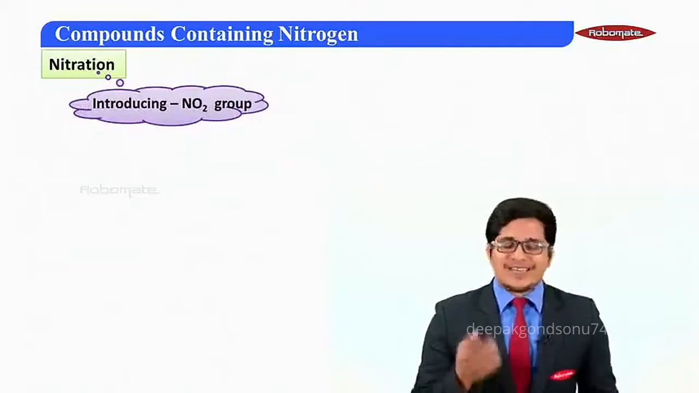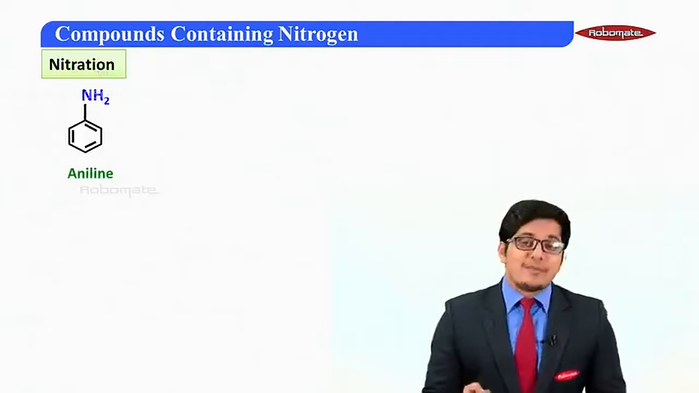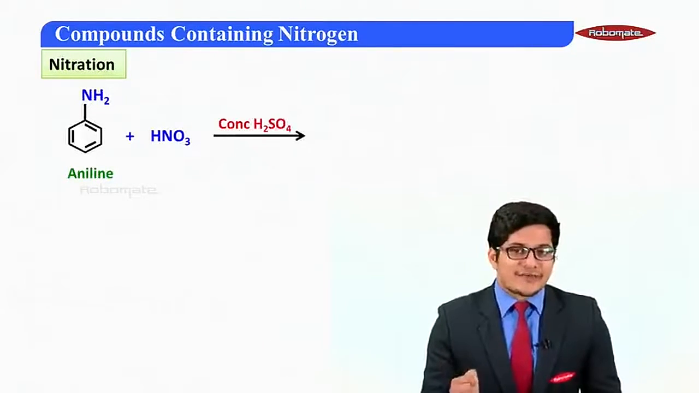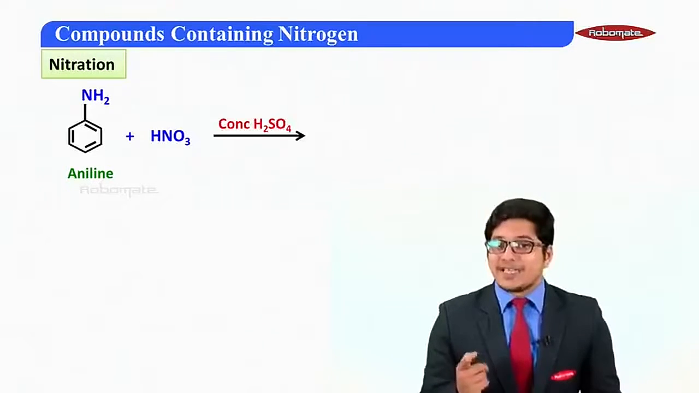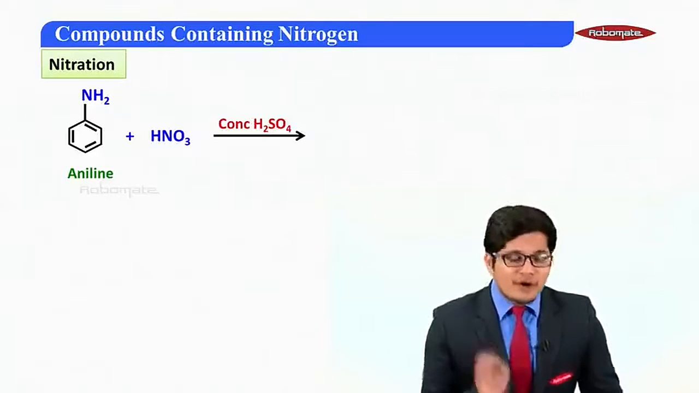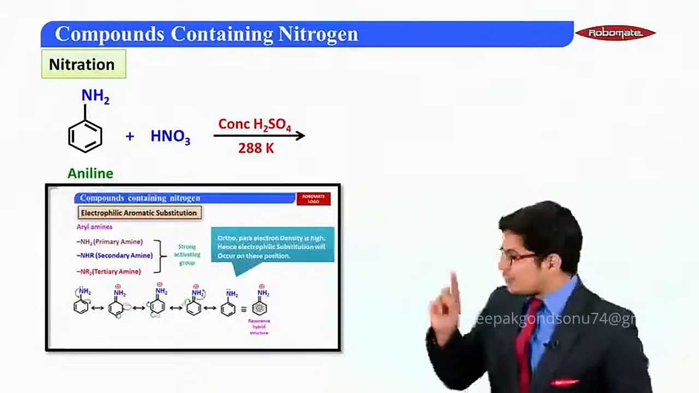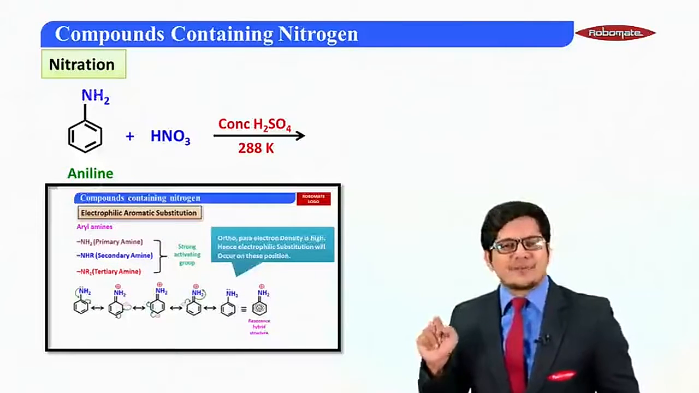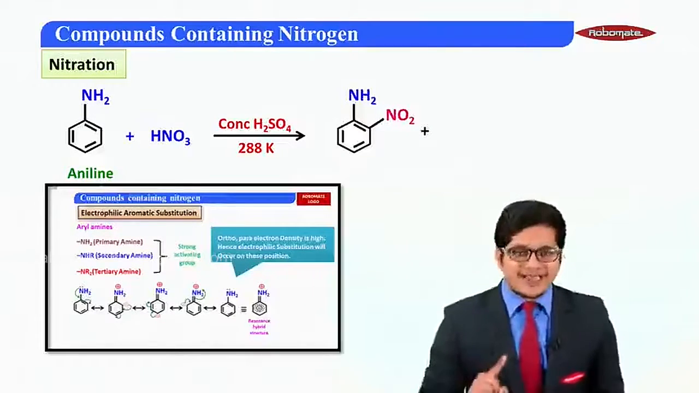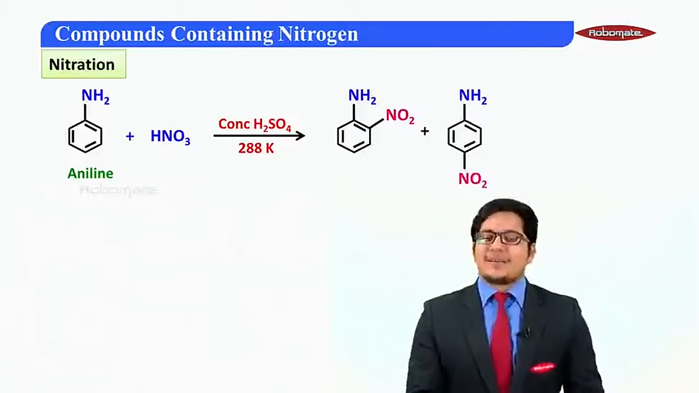And how is it done? Let's see. We take a molecule of aniline, and to this molecule of aniline we are adding concentrated HNO3 in the presence of concentrated H2SO4. That means it is a nitrating mixture. Now, we have already discussed in the previous modules that NH2 is an ortho-para activating group, right? That means we should get the first compound, that is ortho-nitroaniline. The next compound should be para-nitroaniline, and the third compound should be